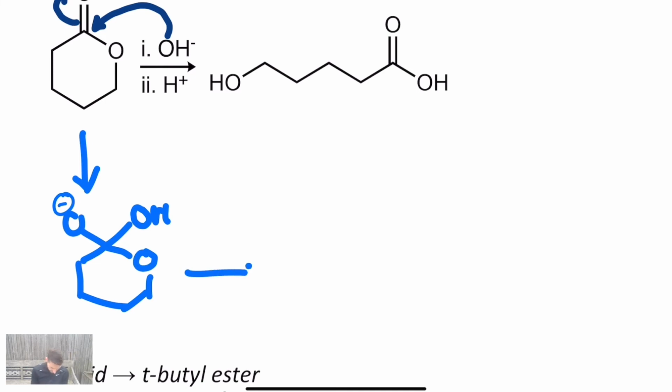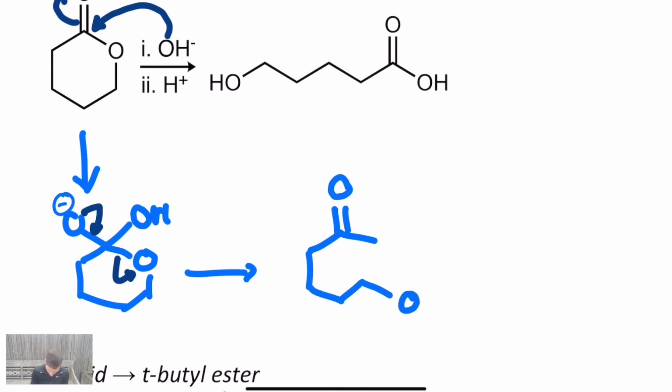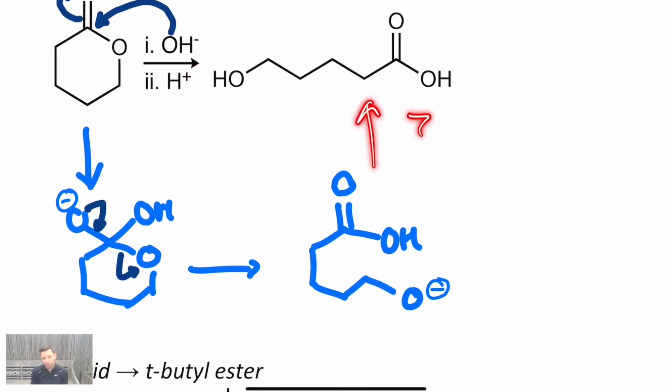Then this oxygen anion comes back, reforms the carbonyl, breaks this carbon-oxygen bond. You get a negative charge on that oxygen down there. Now you might think you're just one step away from the product. I should just throw in the H+, and then I would get right to that. Yes? Actually, no. Before you ever throw in that H+, as a second step, something very fast happens, much more